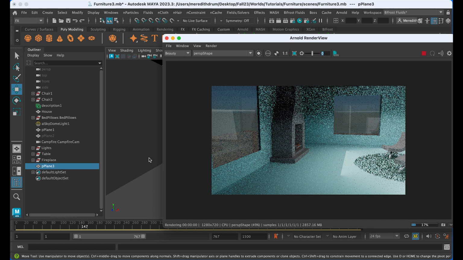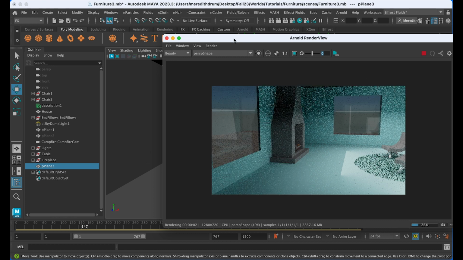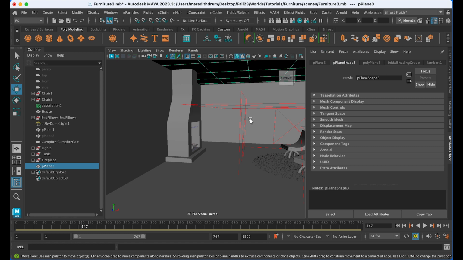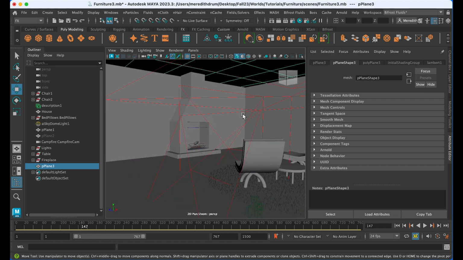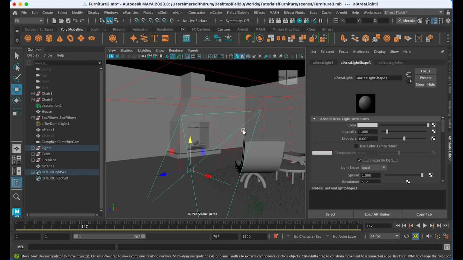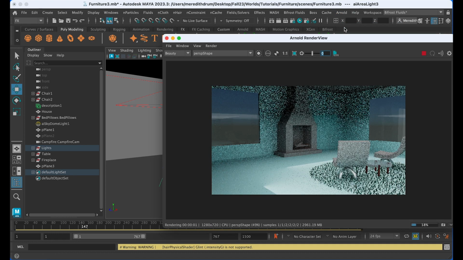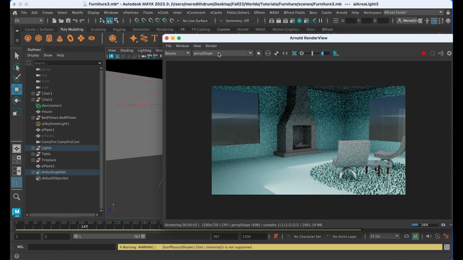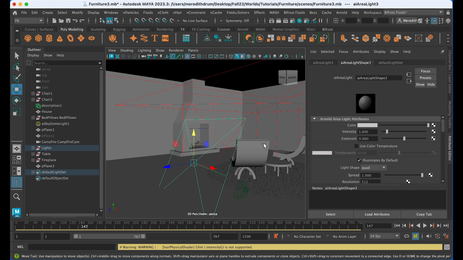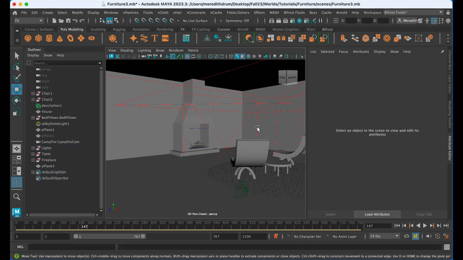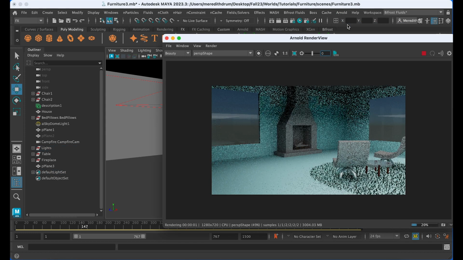We can mess around with that later, but for now, let's just make a fire in the fireplace. You can also take some of these lights and decrease their intensity if you think that's just too much light altogether. Yeah, it probably is. There's a lot of bouncing back and forth with these windows. So maybe I'll just get rid of that light and maybe that light. You can always just hide them and bring them back if you wish.